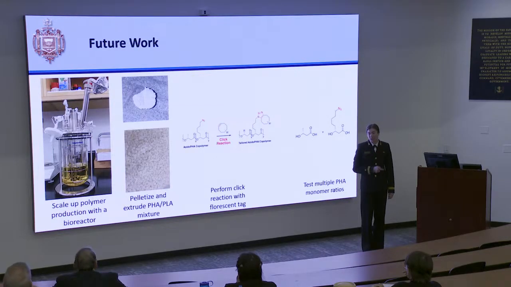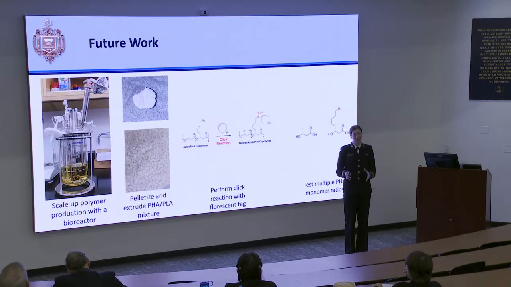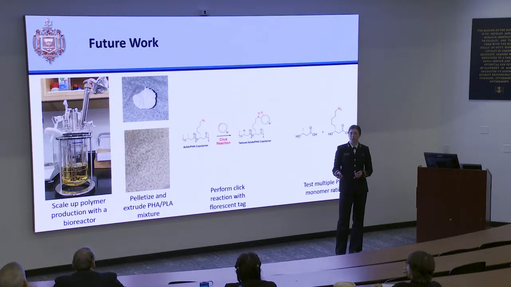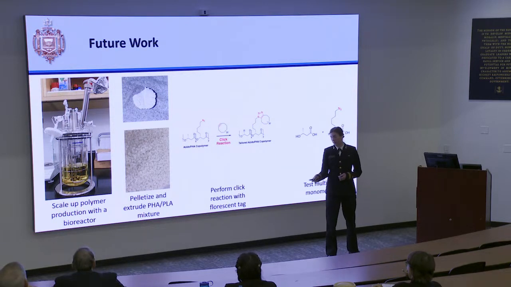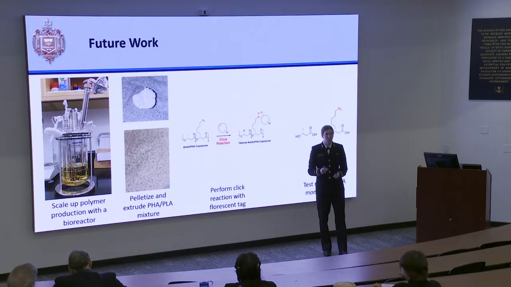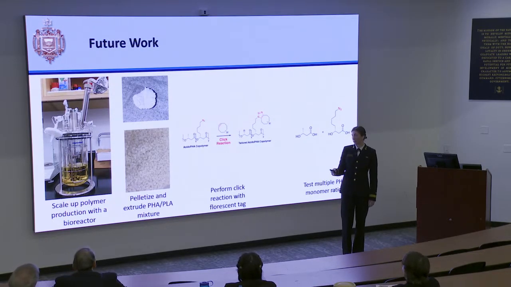Lastly, to talk about future work, one of the limitations we had this year was the scale and volume of the polymer produced, because each cycle of polymer production takes about a week and averages about 330 milligrams per cycle. So it really limits how much we can print at one time. A bioreactor optimizes the environment that cells grow in, including temperature and pH. So instead of producing a couple hundred milligrams per week, it's going to be multiple grams.